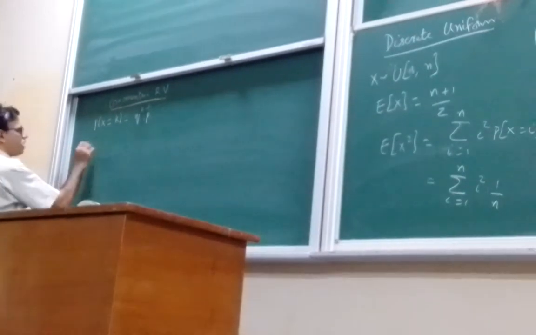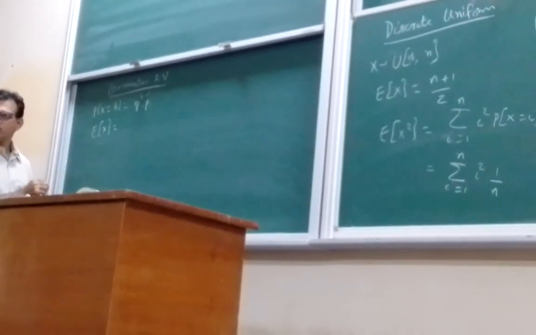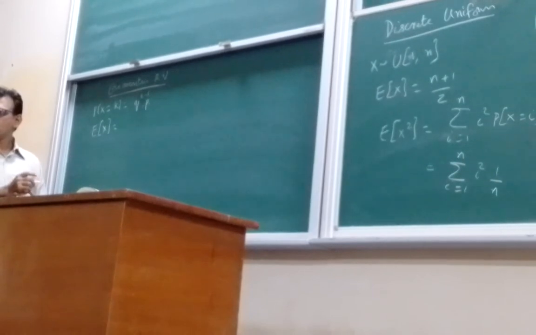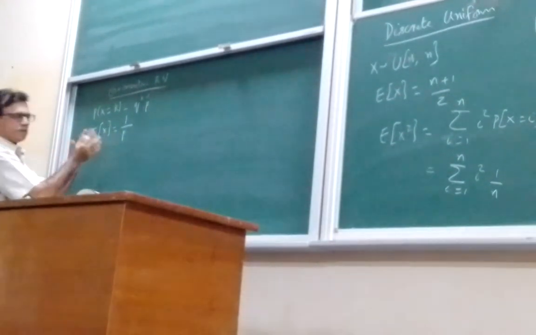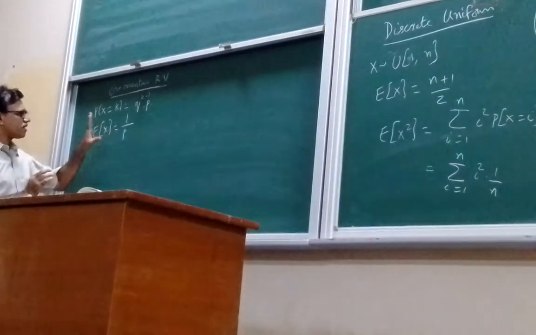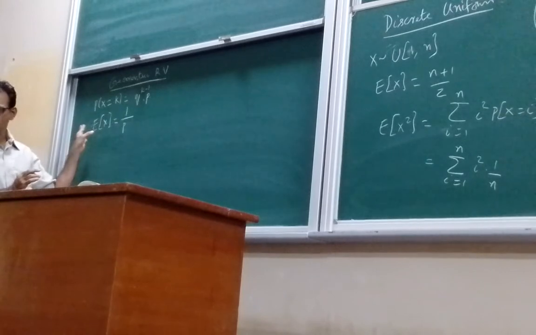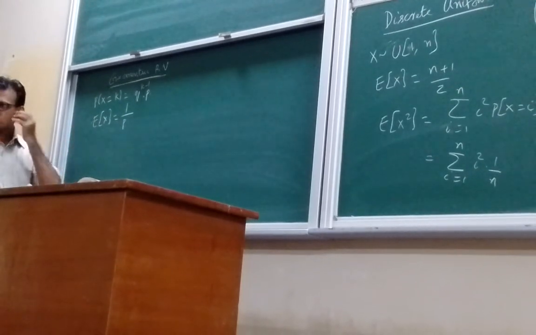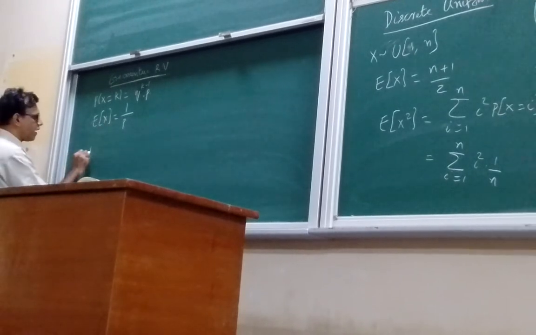The expectation we have found to be a value. What is the value for the geometric random variable expectation? 1 by p. It's very easy to interpret that it is inversely proportional to the probability of success. Higher the probability of success, on the average you have to do fewer trials to get the success. Now if you find the second moment,